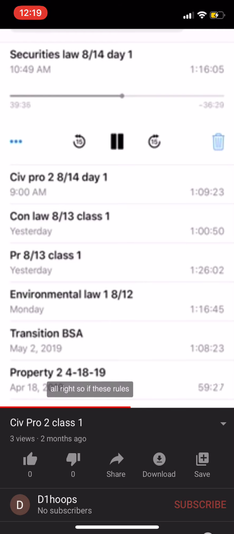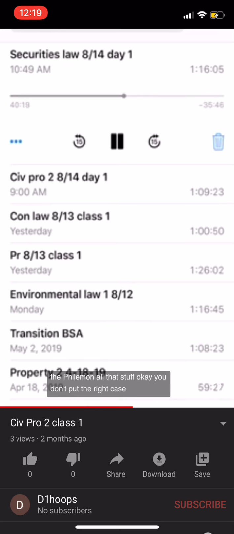All right. So if these rules aren't super helpful, how do you know how to draft a complaint? Well, there's case law that interprets those rules, which we'll get to. But here, for your reference, in case you ever need it, is the anatomy of a typical complaint. Style or heading: names of the parties, the file number, all that stuff.